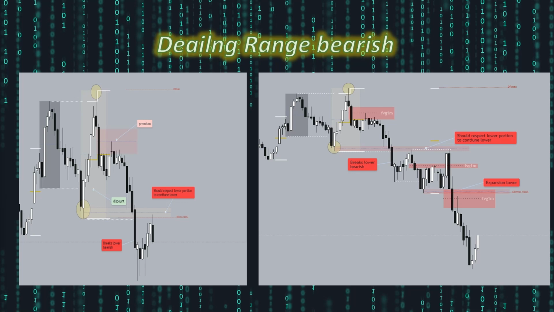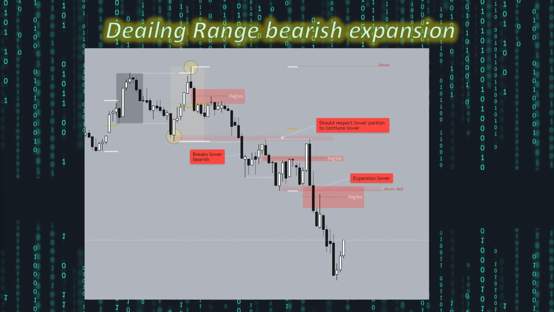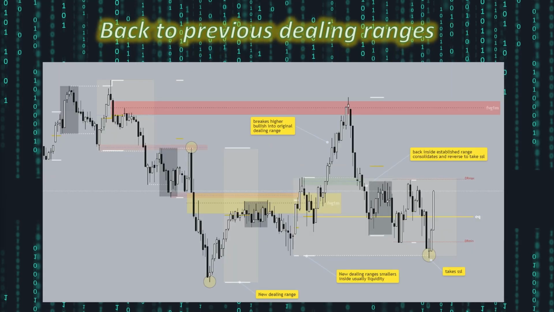The market has to confirm the created dealing range is going to be respected. It does this by respecting the upper or lower portion of the dealing range and expanding to a specific draw on liquidity outside the range, usually creating fair value gaps, confirming expansions. If price comes back into the established dealing range, it is very likely to consolidate or reverse to the other side